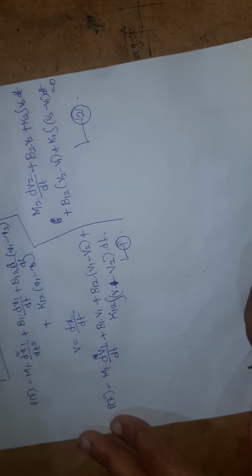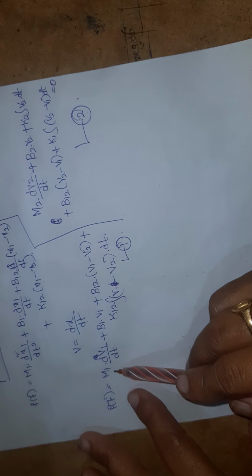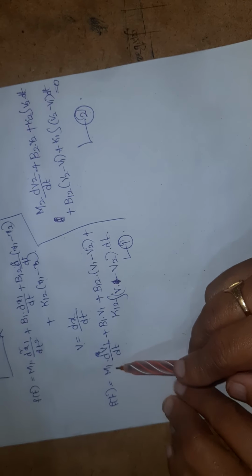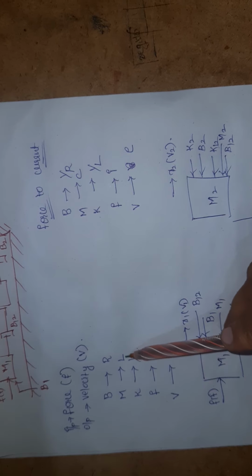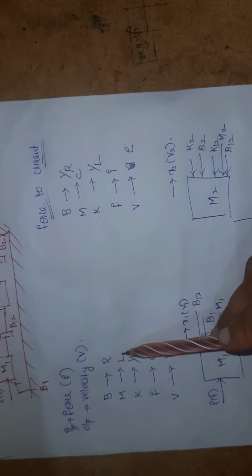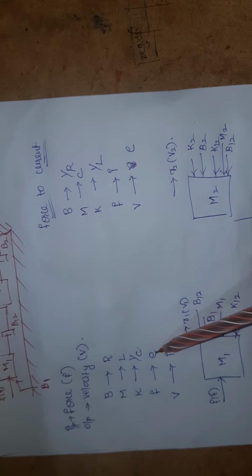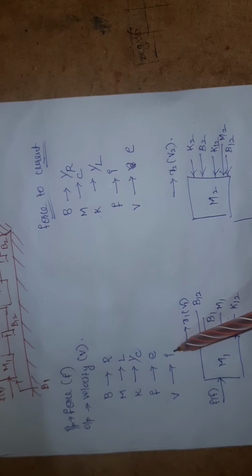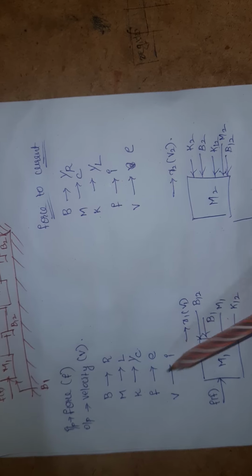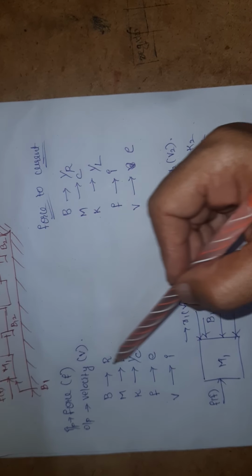So to draw the force to voltage analogy, you just convert. What is m in force to voltage analogy? In the last session, in the revised session, we did: m is nothing but L. If I am having the suffix m1, you just write L1. Instead of k, you have to write 1 by C. Instead of force, you have to write input voltage. Okay, instead of velocity, just place I. You just replace the terms on the left side with the terms on the right side.